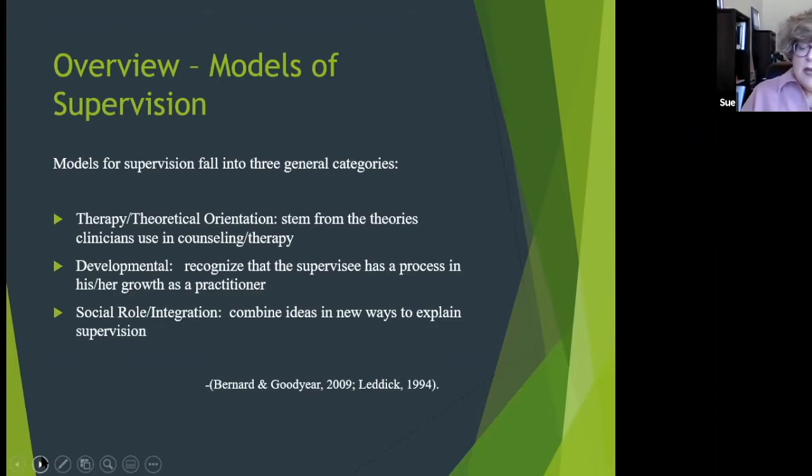So that's why I wanted to cover it. And not everyone gets a grounding in supervision. As you can probably tell, I'm a big fan of supervision. I'm a big fan of people getting trained in it, because the more you learn about what the models are and how to work within them, the more you realize, oh, this gives me a whole other foundation to work from and a better understanding of how to be a supervisor. And I found that it even makes me a better clinician. So I did want to talk about the models because I think it's really important to have that pretty clear, that having a model is important.